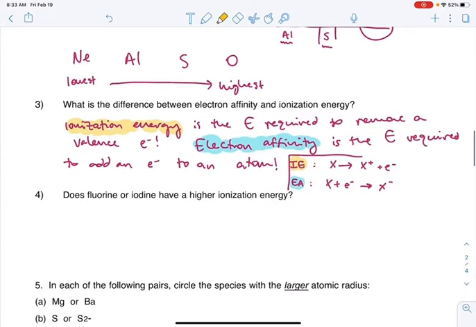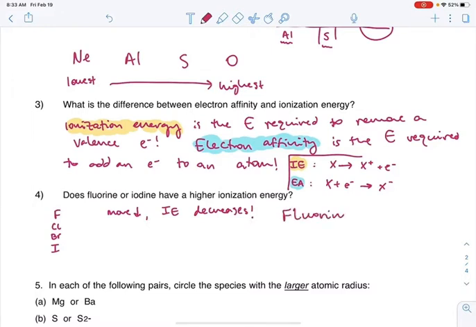So does fluorine or iodine have a higher ionization energy? Fluorine, if we look at the periodic table, is up here. Then it goes chlorine, bromine, iodine. Right? The trend for ionization energy is that as we move down, ionization energy decreases. So the answer is fluorine has a higher